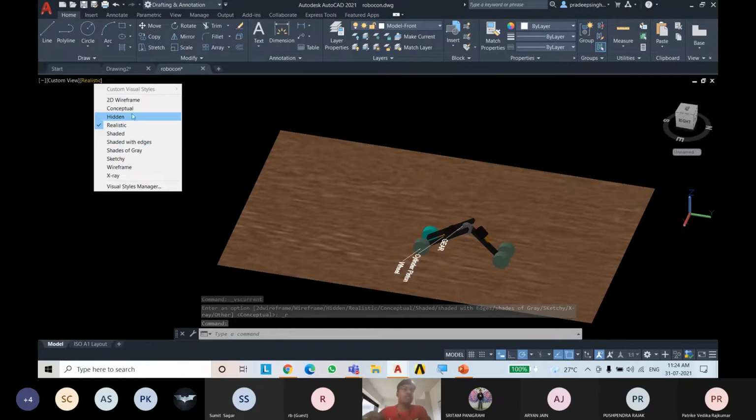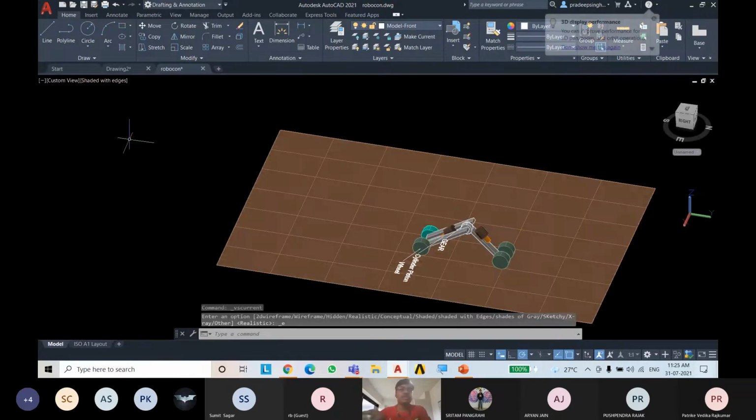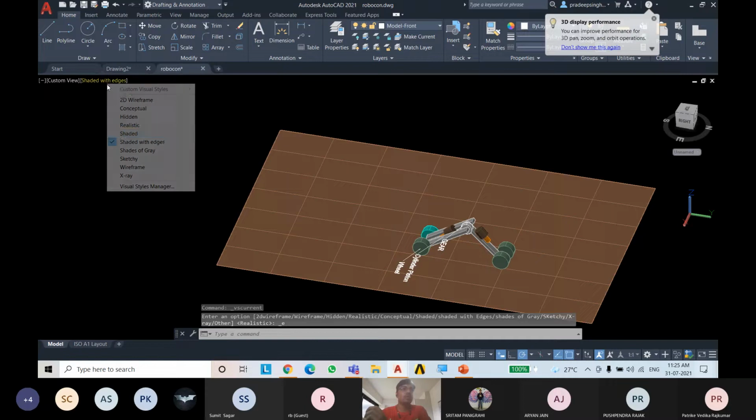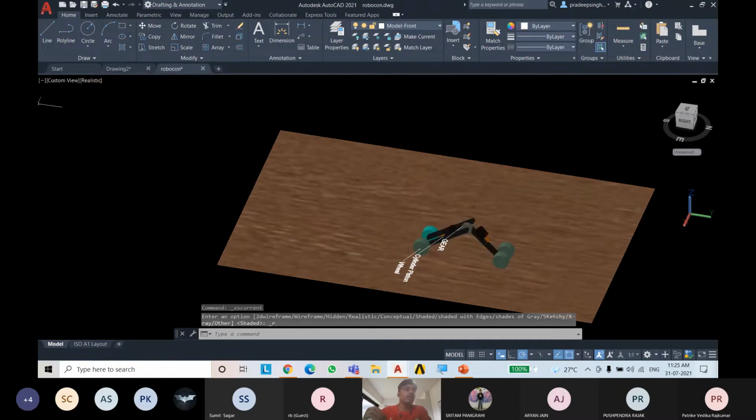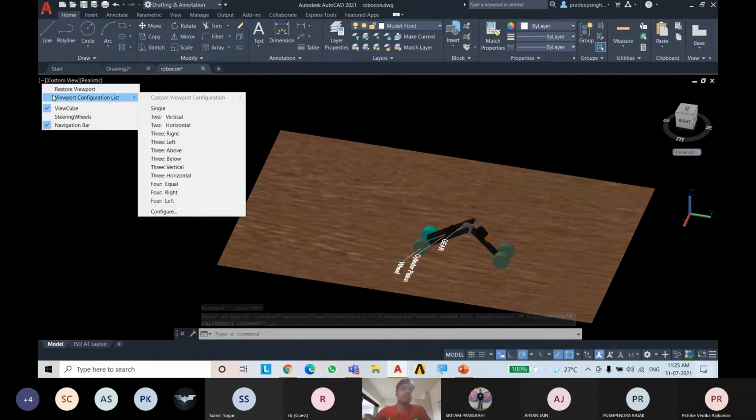And you can also explore different options like shaded with edges. So I will use realistic now. Now, when you click on this minus and go to viewport configuration, you can divide this window into 3 or 4 views.